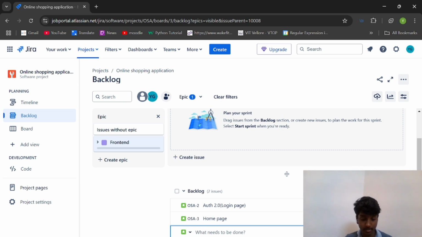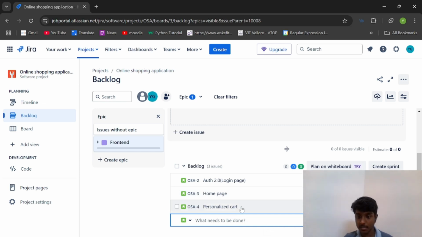As this is an online shopping application, I would say the personalized cart. Yes. Okay. So if you see here,